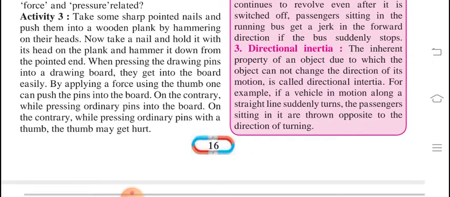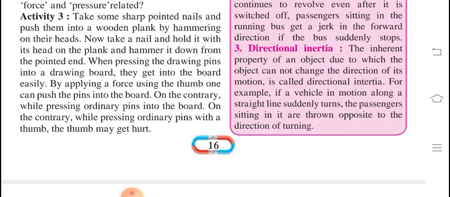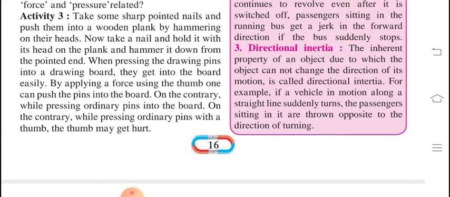Have you observed your notice board and all the papers? The notice paper is attached on it, and a few pins are over there. So the head part is there, also the nail part is there. For the pressing, we have colorful pins over there. So the head part is there. If you push from the head part, you will not get hurt. But if you push it from the other side of the pin, then definitely you will get hurt.